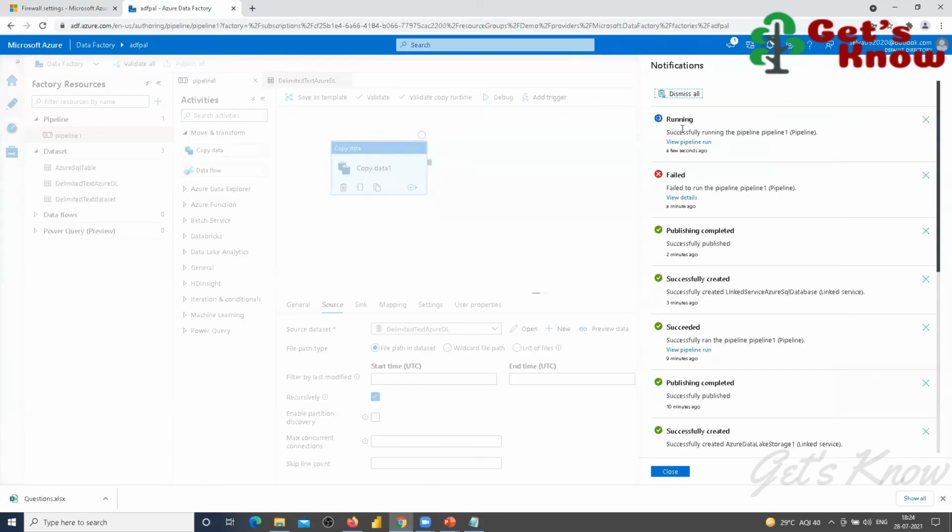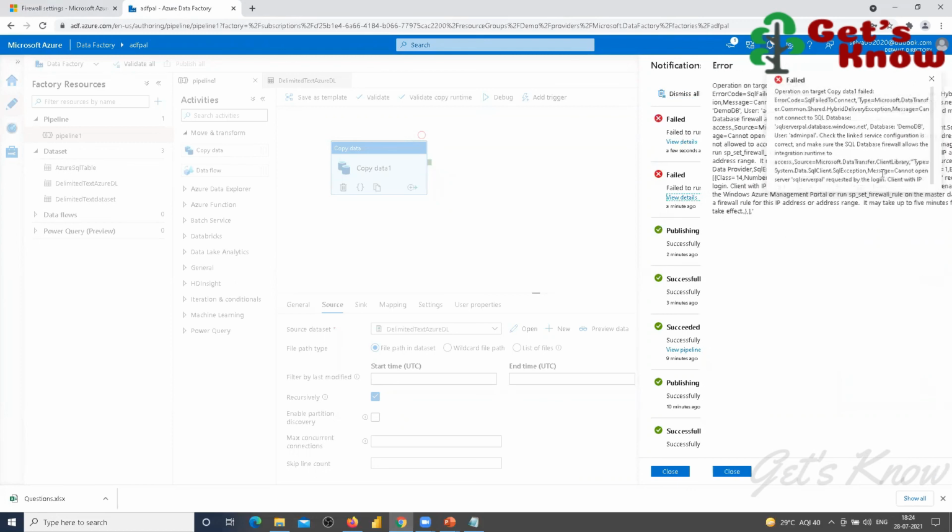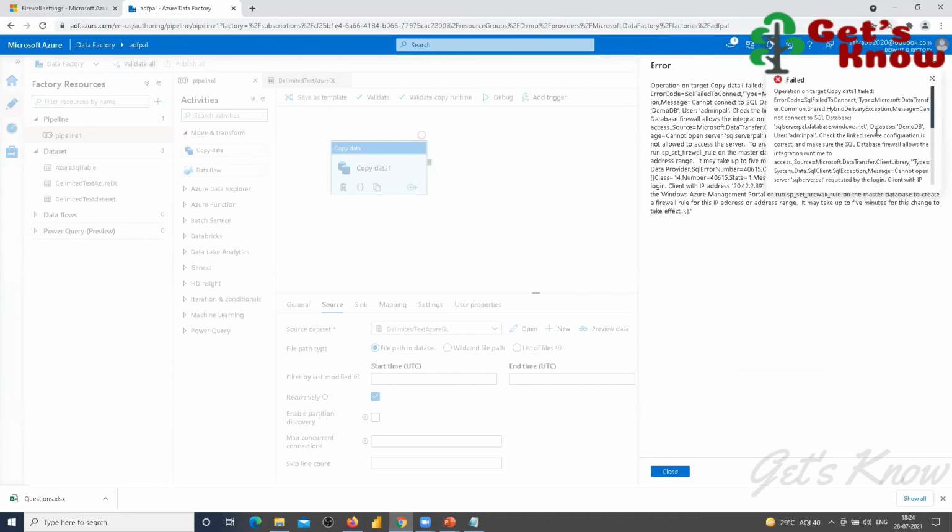So it's running. So the previous details: operation not allowed to access the server. So that is not allowed actually.